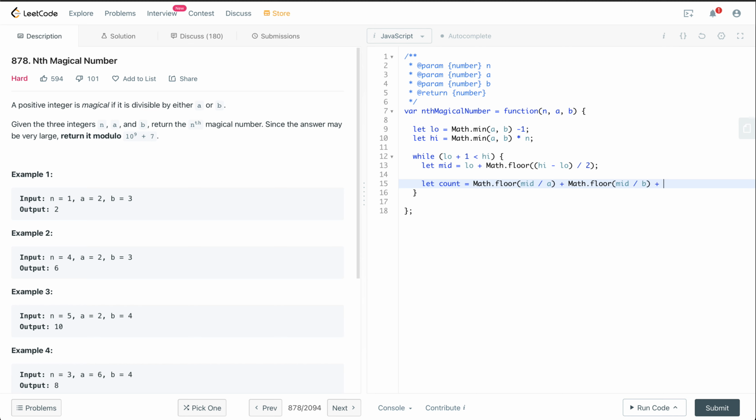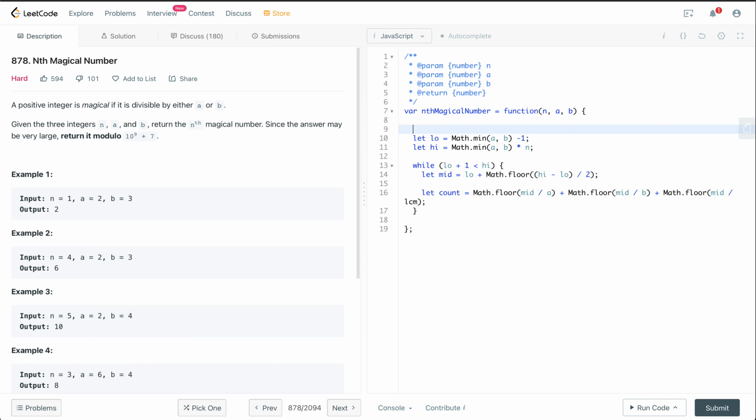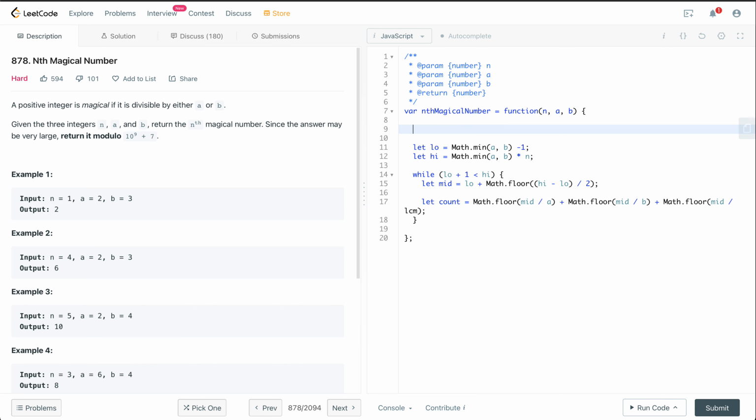And now we'll be needing access to LCM. So it is going to be something like math.floor and then mid divided by LCM. But we don't have LCM yet. So let us find out what the value of LCM is going to be. LCM can be found out using the greatest common divisor.